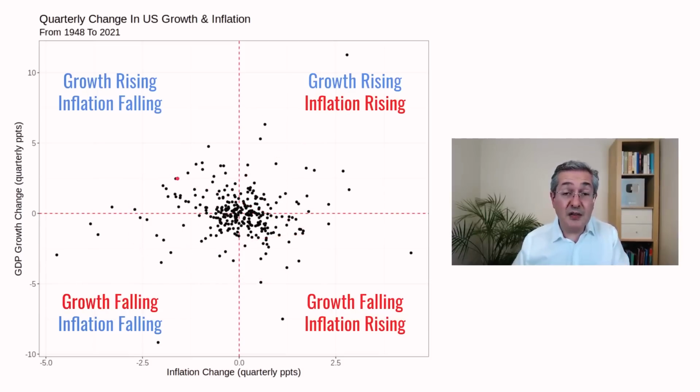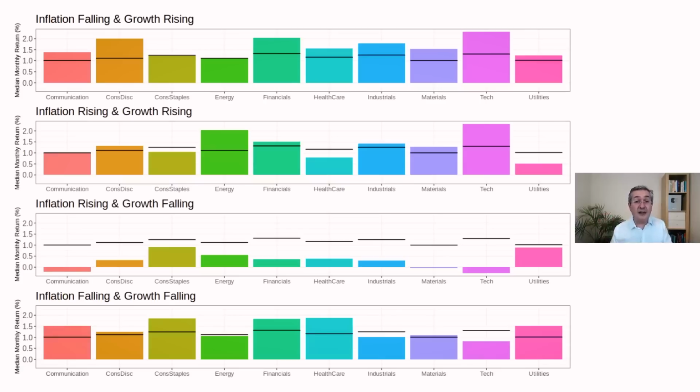But if we were to use this classification on returns for the US stock market by sector, going back to 1926, this is the pattern that we see. What I've got in the columns here are each of the different US equity sectors, and the black line you can see is the typical return for each of those sectors over the entire period. But what the bars show you is how those returns change in each of those four different environments.